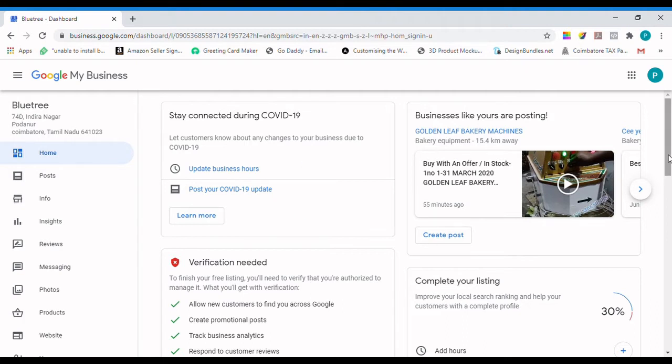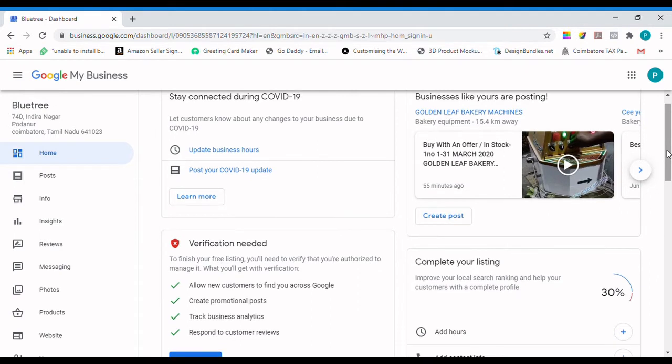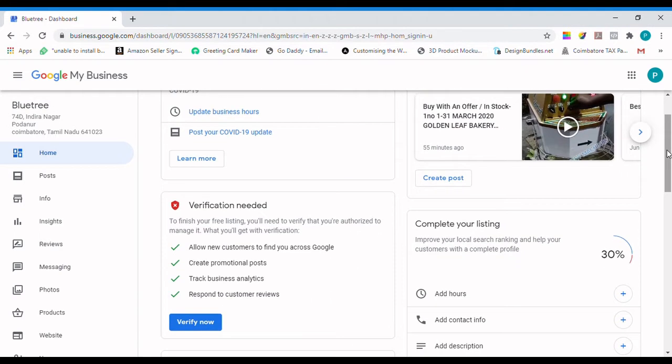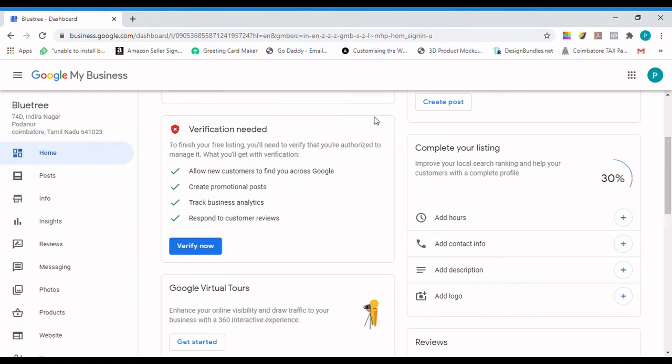In part 1, I registered this company. I did not do the verification process. If you scroll down on the dashboard, you will find something called verification needed. As I said, there was an option while creating an account, and in that option you select verify by postcard.